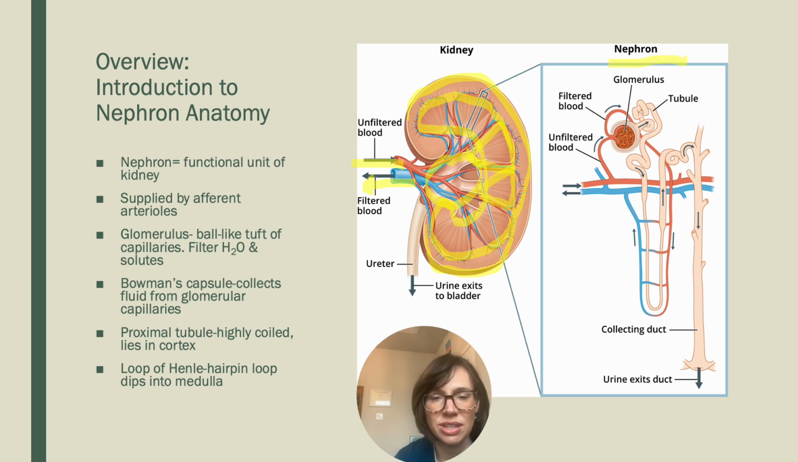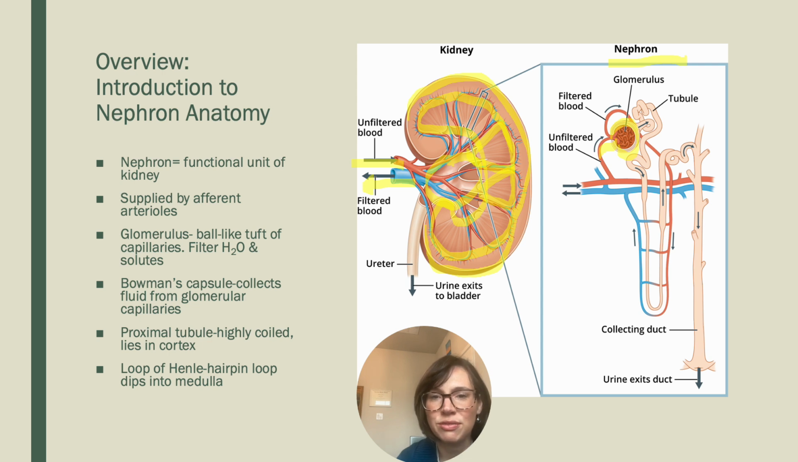Over here is a zoomed in nephron. This is the functional unit of the kidney. Remember, each renal artery branches off into teeny tiny renal arterioles, which supply a single nephron. And there are over 1 million nephrons in each kidney. And then these arterioles culminate into this ball-like tuft of capillaries called the glomerulus. Here is where water and solutes are filtered and fluid is collected into a cup-looking structure surrounding it called a